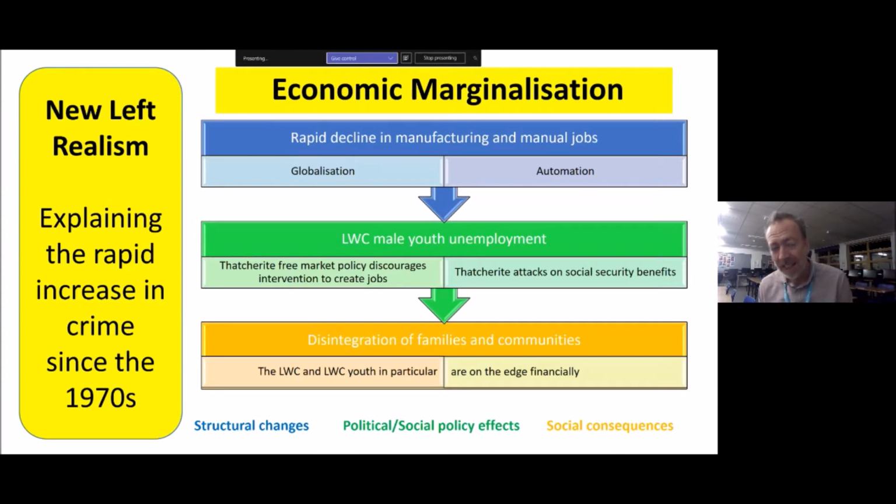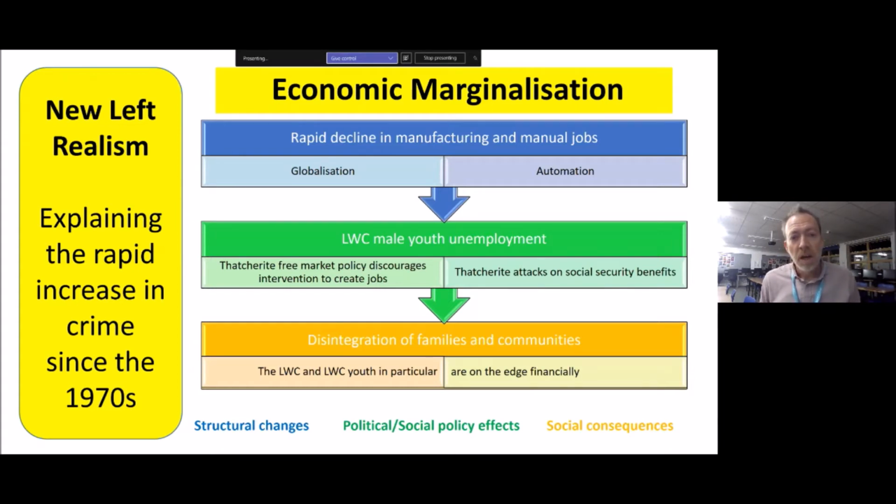So they're arguing basically that there are big structural changes in society, like the rapid decline of manufacturing industry and manual jobs, due to the combined forces of globalization on the one hand, which means that third world, underdeveloped countries have now industrialized, and now those jobs have gone over there, and the factories that are left in this country are automated, so robot technology has taken over the jobs. So that means there's a lot of structural unemployment, and the sort of jobs that were there, which were secure and high paid ones, are no longer there. What we're left with is 0-hour contracts, part-time,